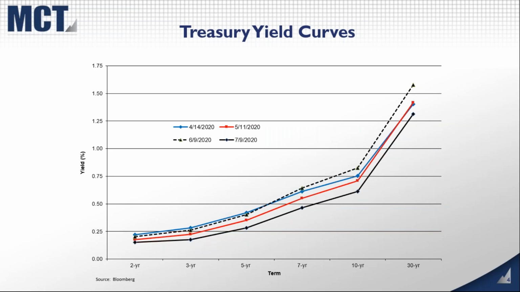So starting off, let's talk a little bit about market conditions. This is just the Treasury yield curve, the coupon curve, essentially the 2-year through the 30-year over some periods of time. The takeaway point from this graph is simply that the yield curve is really pivoting around the short end. It's really being driven by intermediate and long yields.